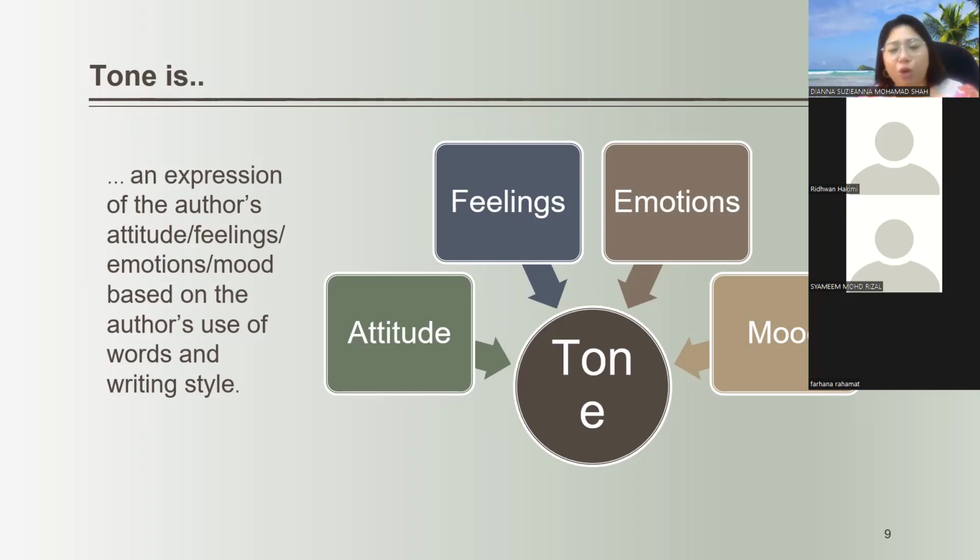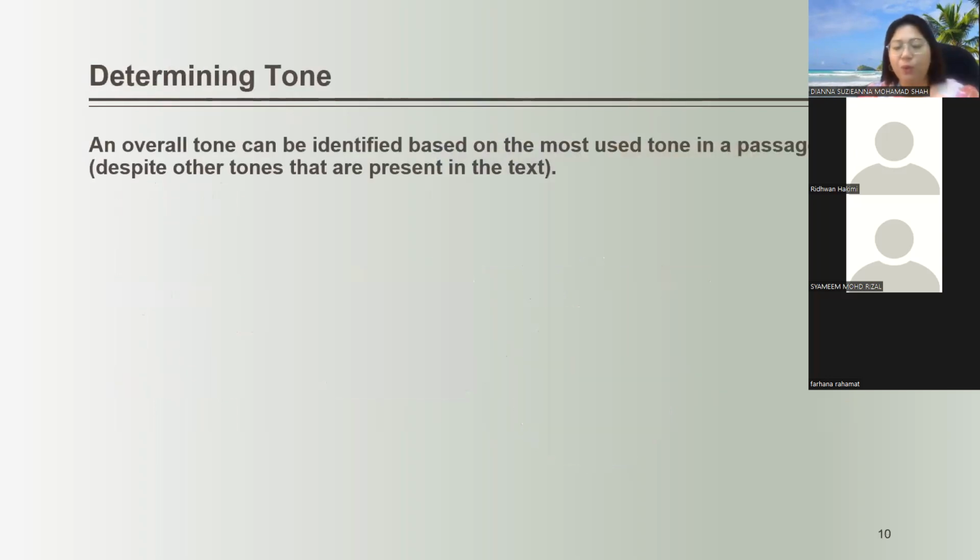Sometimes, I'm not sure whether you have listened to a story on a radio station. Sometimes on the old radio, RTM for example, they shared a story. There will be a DJ who reads the story, and when they read, they vary their voice, character and everything. When they are sad, the character of the voice is going to evolve, right? So that's how it works. It's not only for reading.